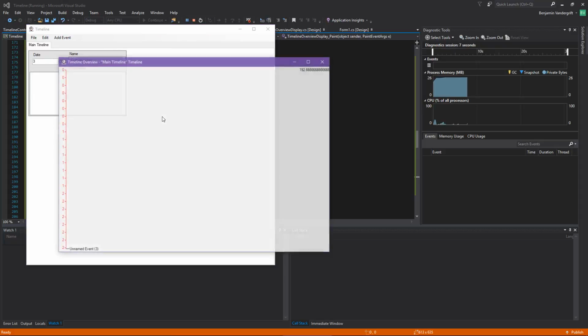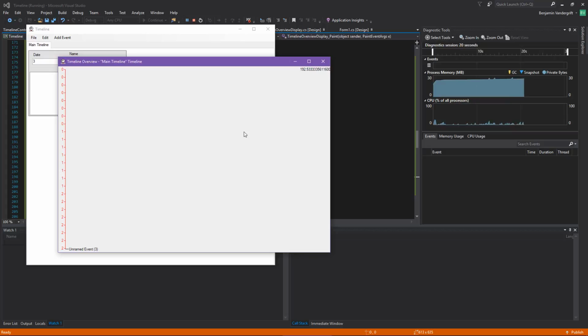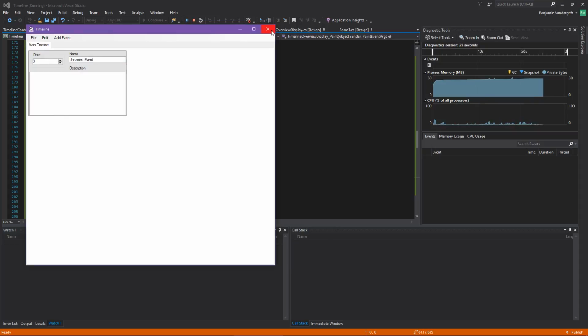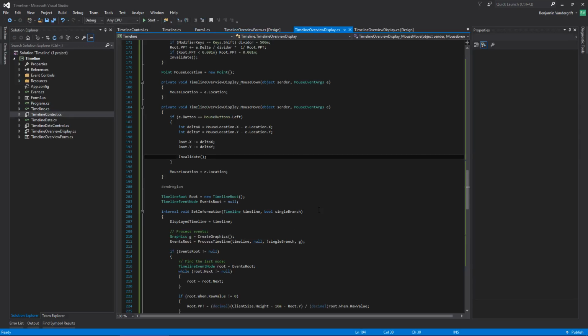And our PPT is 192. So that does adjust it, but I see. Yeah, so that's really big, and that makes it adjust by a very small amount. So I kind of want the opposite of what I'm doing,